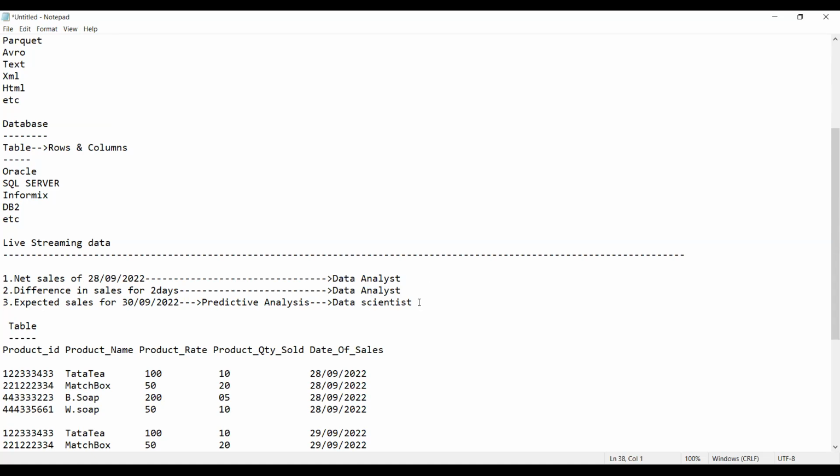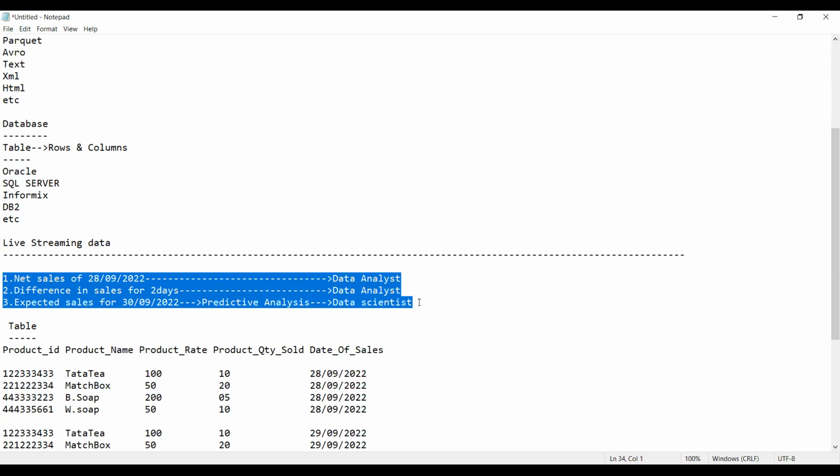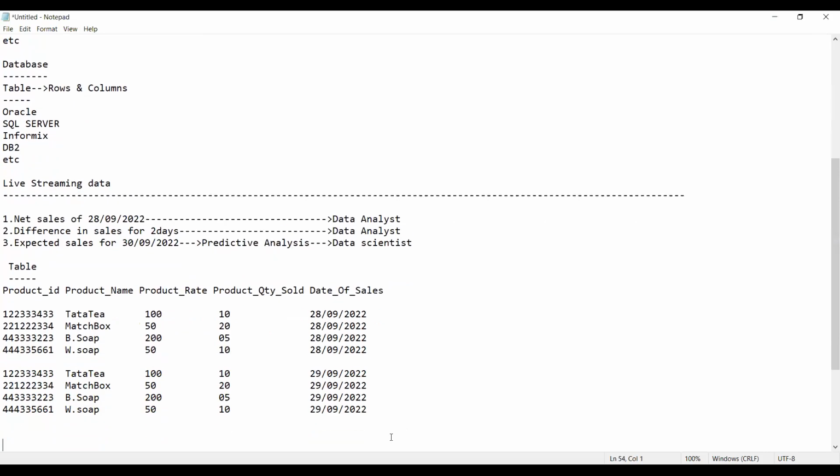Now, whether it is a data scientist or a data analyst, do they require the data or not? Tell me, please, all of you. Yes, we need the data. And it is our responsibility to provide them the data, as data engineers. Now here our job starts. As a data engineer, our job starts here, guys.